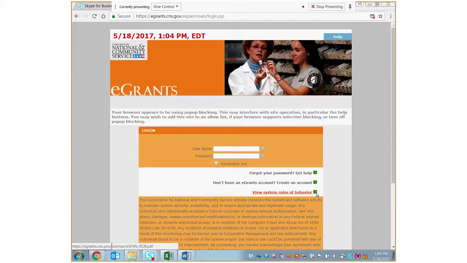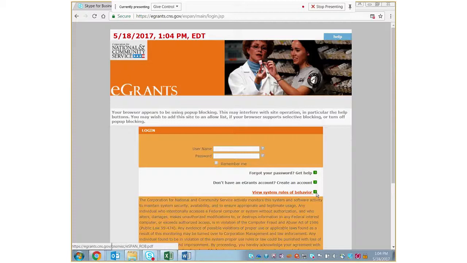And then the other item that will be coming out will be instructions on how to set up your travel profile inside of the eGrant system. For those of you that are going to be attending the supervisor orientation late in June, those are for new VISTA supervisors, you will need to set up a travel profile within your eGrants account.